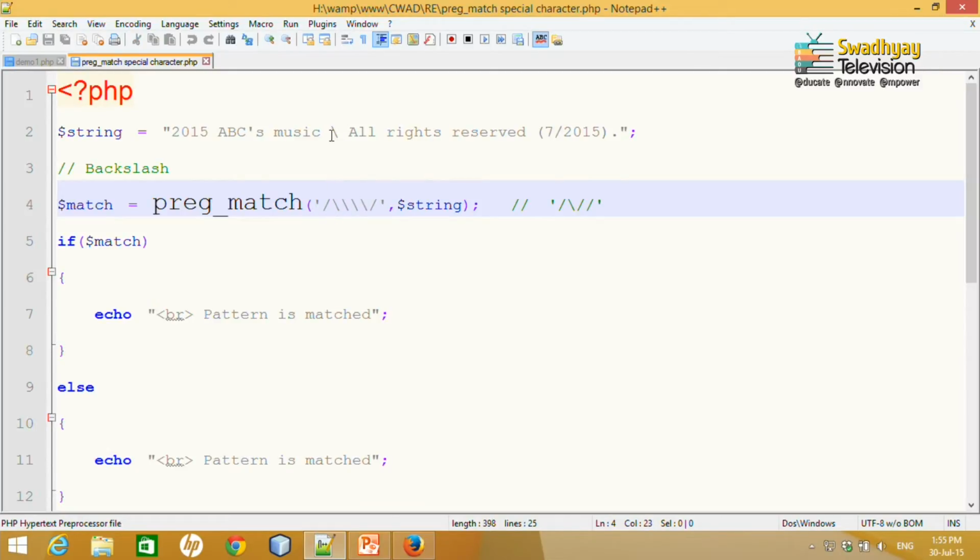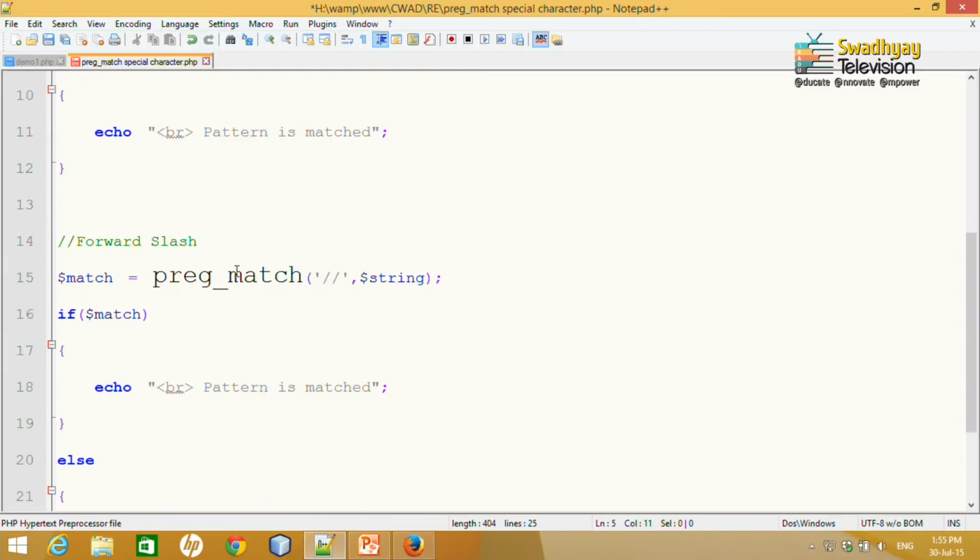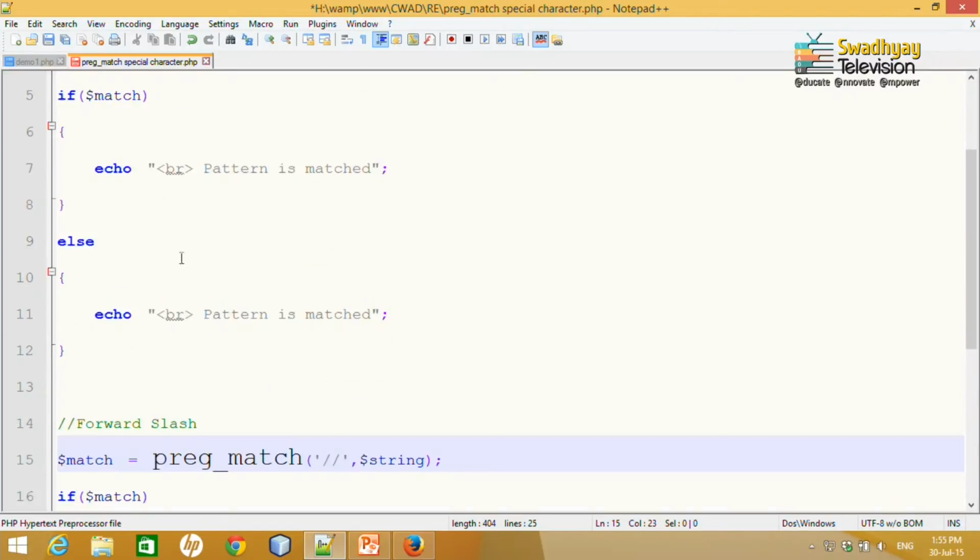If I type backward slash only once, then it will be interpreted in another way, because it will be interpreted as a forward slash, backslash and forward slash. So one backslash has a special meaning, it will not match. If I use 2, then it will be considered 1, but again to represent a backslash as a backslash, I have to provide these 4 backslashes. So now it will match the backslash. Same way for forward slash, as forward slash is used to match a slash within the pattern, you have to use 2 of them. So now both should be matched.